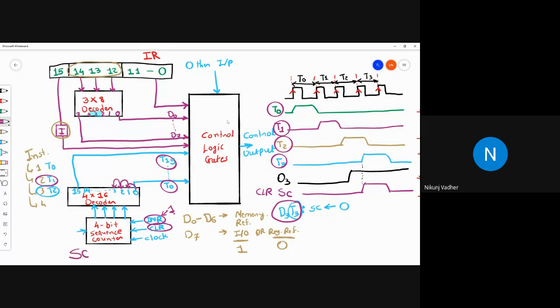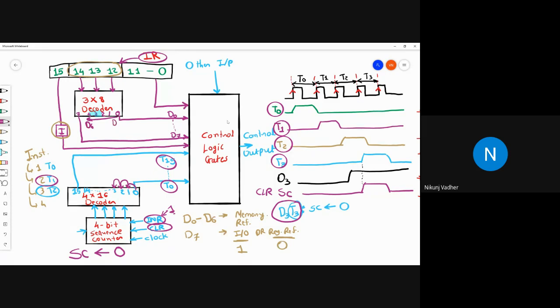Once the sequence counter is set to 0, what will happen? The next instruction will be fetched into IR and decoded. Again, if the instruction is a memory reference instruction, it will give output in the range of D0 to D6.